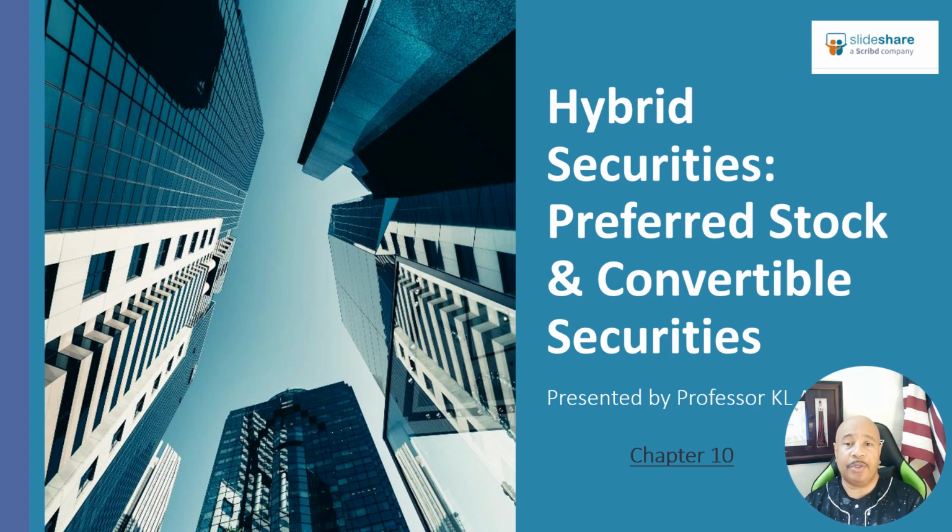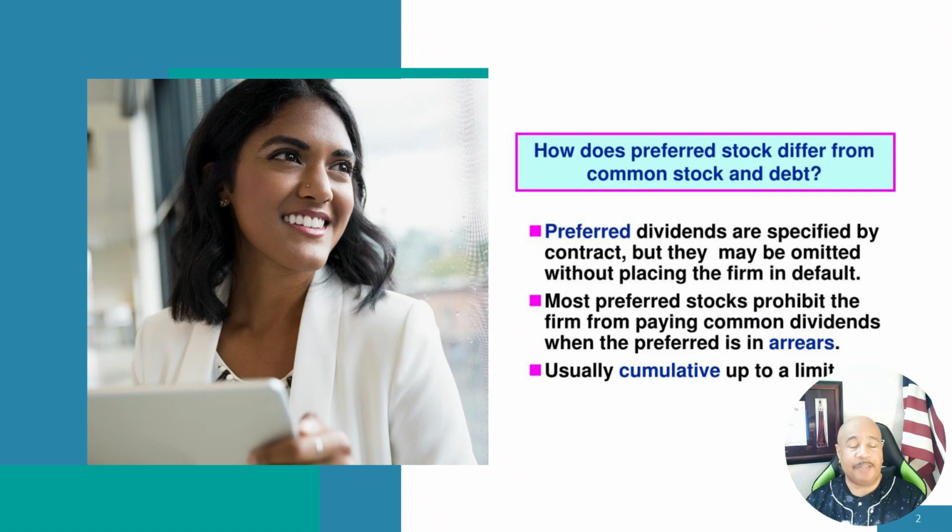Within Chapter 10, we'll get into hybrid securities. Hybrid securities include preferred stock and convertible securities. As we think about convertible securities and preferred stock and common stock, how does preferred stock actually differ from common stock and from debt? Preferred dividends are specified by contract, but they may be omitted without placing the firm in